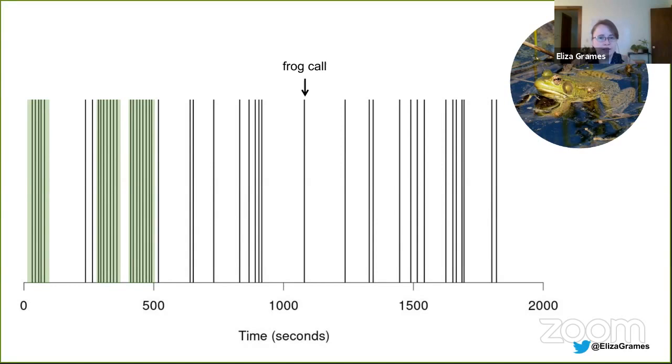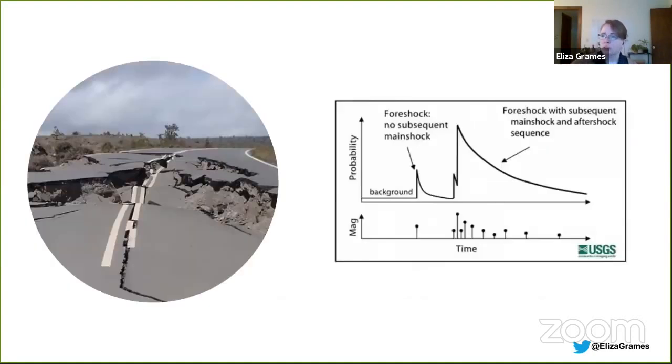So you can think of this like the spikes in Bitcoin trading, except in this case, it's just a high density of signals in a short period of time. And the reason that we get these similar patterns is because these are both self-exciting point processes. And what I mean by that is, well, I guess I'm going to turn to earthquakes to explain it because it's a little bit more intuitive.